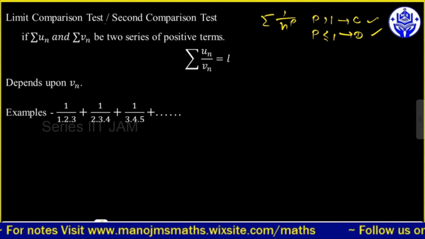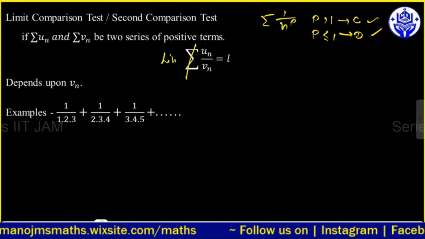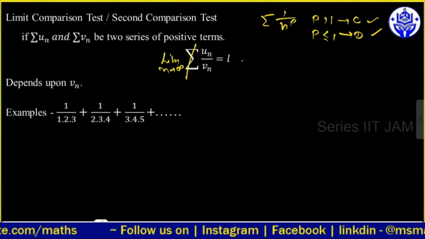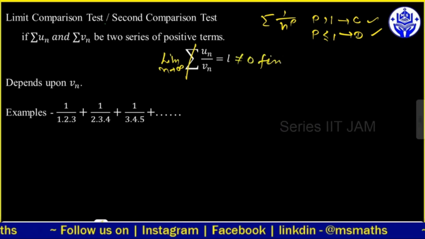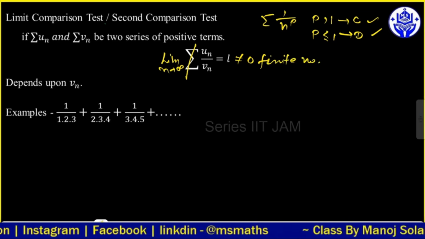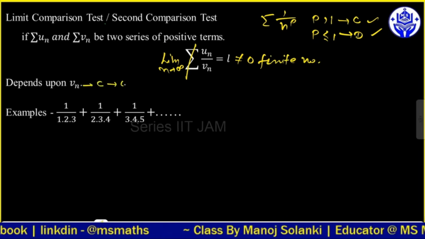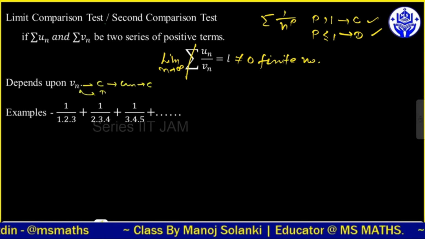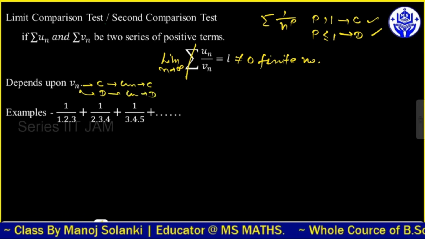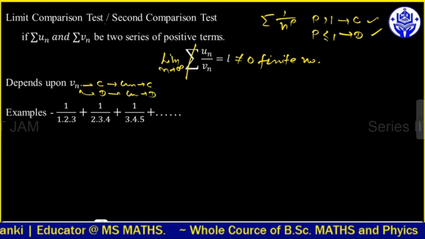n टेंड्स टू इनफाइनाइट लिमिट पुट करते हैं, तो आपको एक फाइनाइट नॉन जीरो वैल्यू मिलनी चाहिए। अगर आपको एक फाइनाइट नॉन जीरो नंबर मिलता है तब Vn पे डिपेंड करेगी। इफ Vn इज कन्वर्जेंट देन Un इज कन्वर्जेंट, इफ Vn इज डाइवर्जेंट देन Un इज डाइवर्जेंट, ये इसकी डिपेंडेंसी होती है। सो नाउ अब हम बात करते हैं इसके क्वेश्चन के बारे में और समझते हैं कि ये कैसे डिपेंड करेगा इस पे।